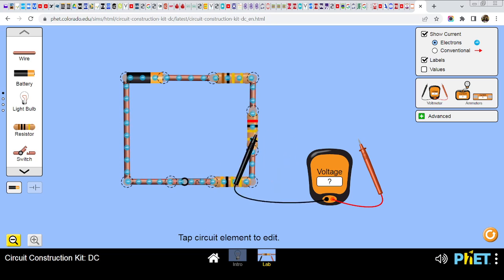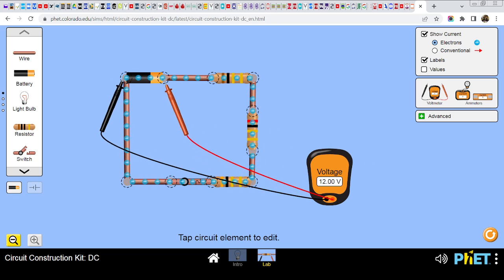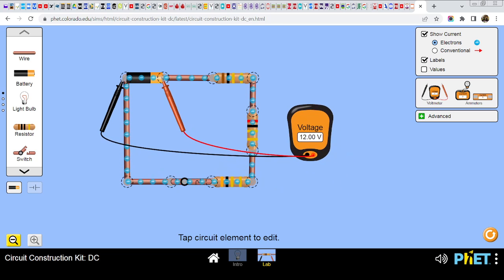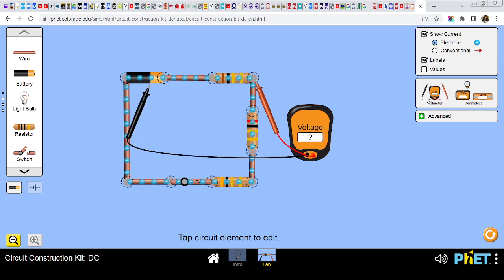I'm supplying this circuit with 12 volts, and you have one resistance of 1 ohm, 2 ohms, and 3 ohms. And if we measure the difference in potential here, you have 2 volts here,